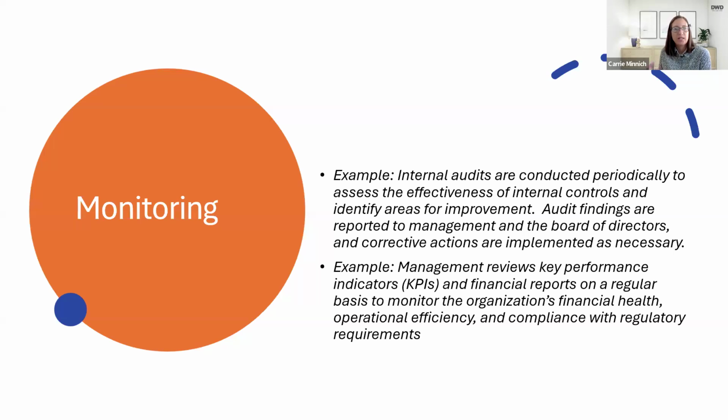Some ways that you can do that are to have internal audits conducted on different areas within the organization, or making sure that management is reviewing the financial statements or key indicators to make sure that things are working properly. So in essence, the COSO controls help nonprofits ensure they have the right rules and procedures in place, everyone knows what they are, and they're being followed to keep the organization running smoothly and minimize risk. So that's really, generally speaking, what the COSO framework does.